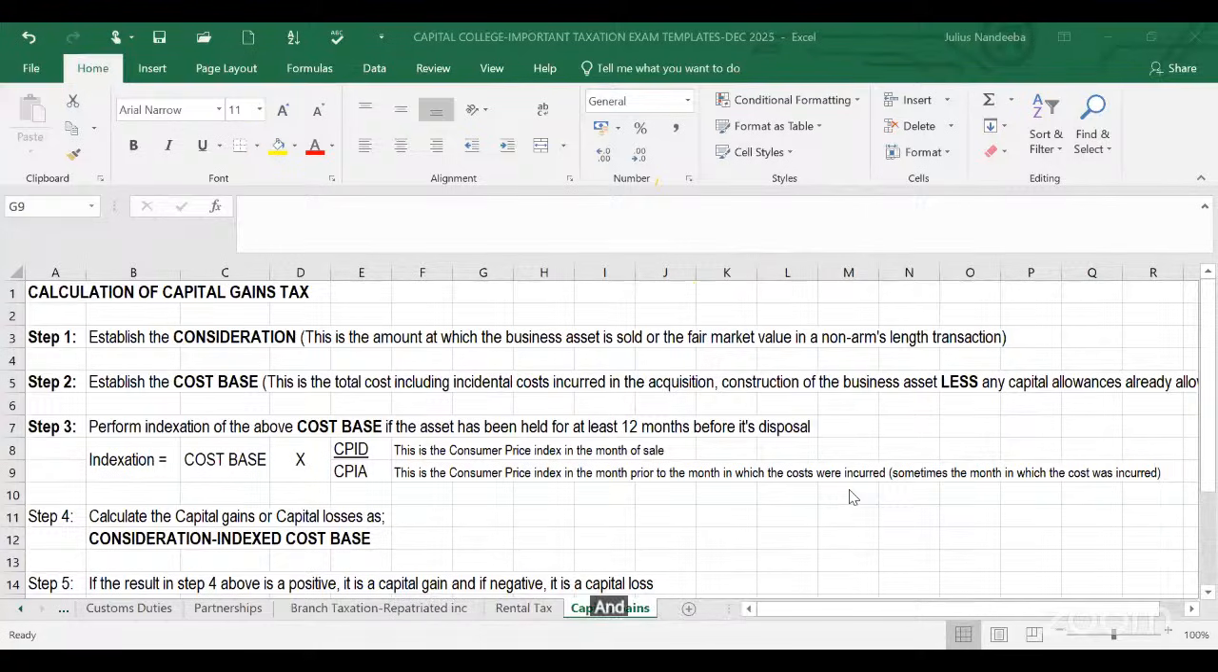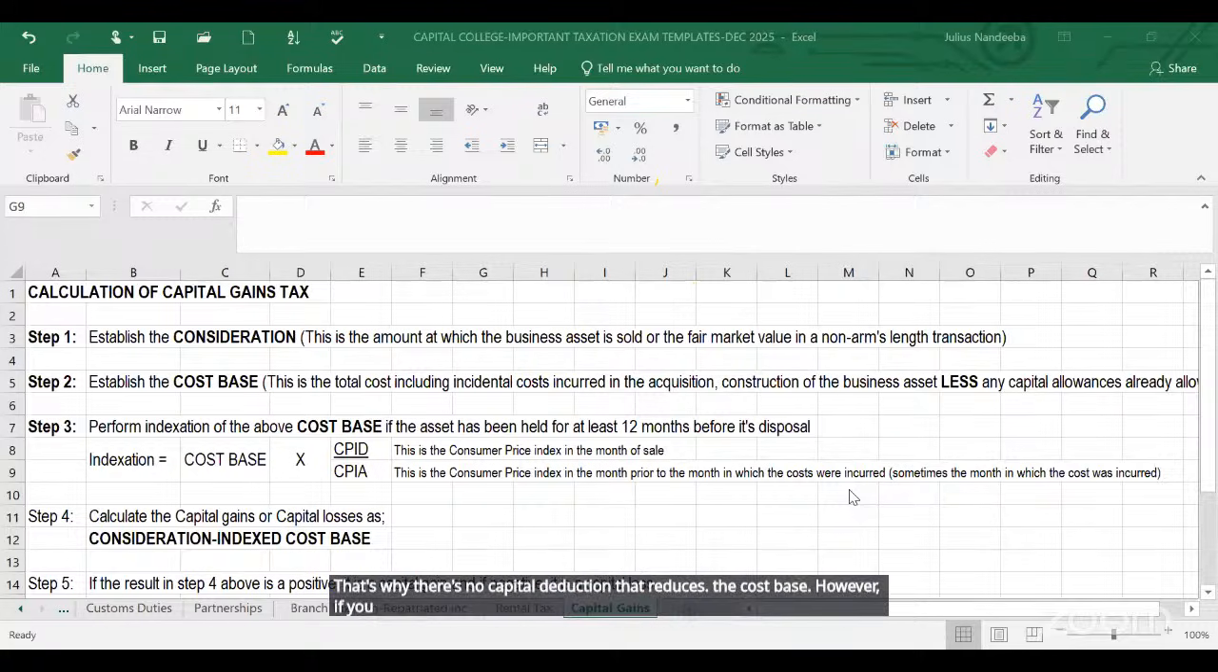You know land does not have any capital deductions. So from the time you bought that land, you've never gained any capital deductions on that land. That's why there is no capital deduction that reduces the cost base. However, if you have an asset like buildings,